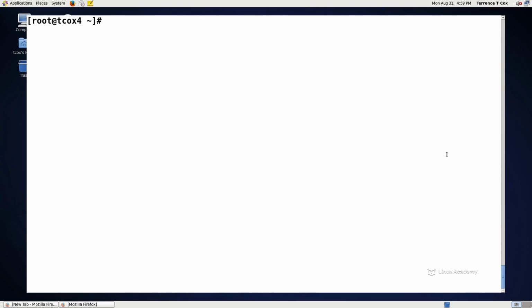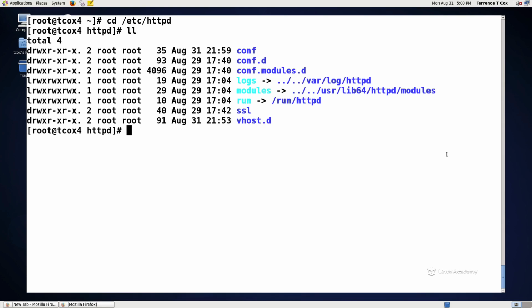So although the system control commands that I'm going to use are specific for a CentOS 7 based system, this works equally as well and exactly the same way for an Ubuntu or Debian based system. We're just going to be using a systemd service management system to restart our Apache processes, but the configurations are exactly the same. So if we look within our Apache directory, so let's go to /etc/httpd, and we'll look